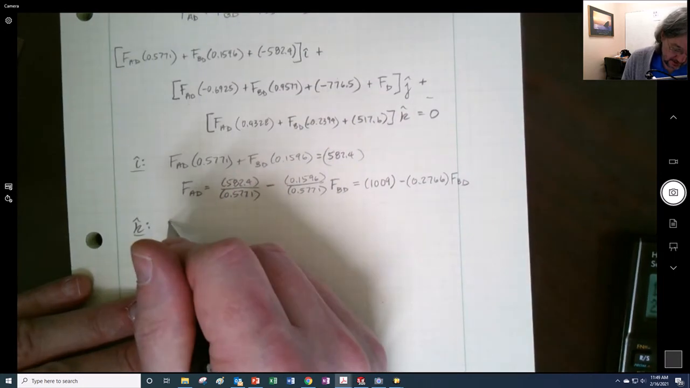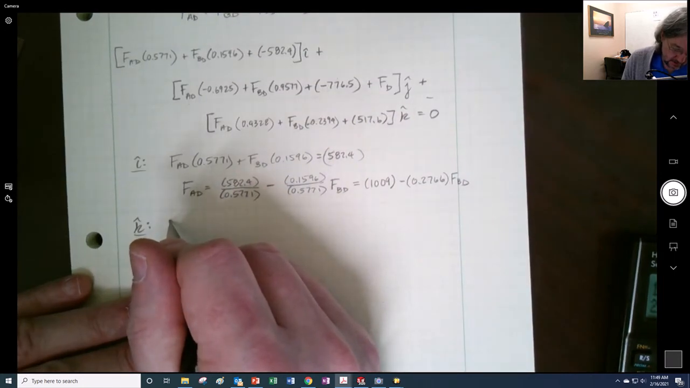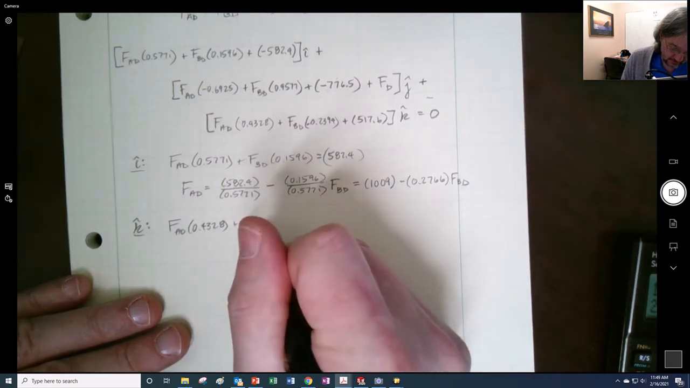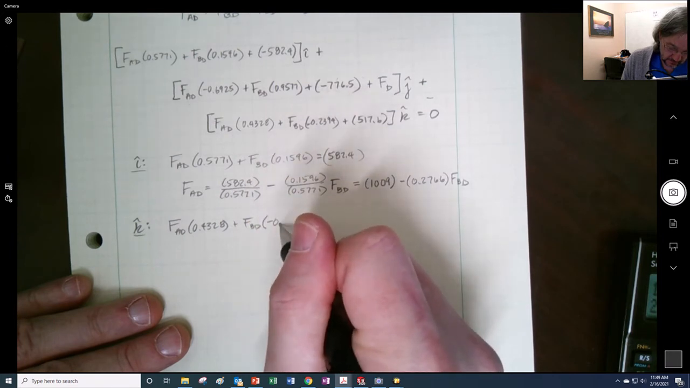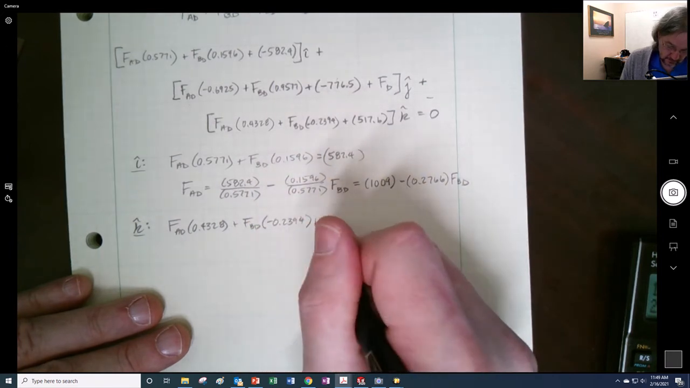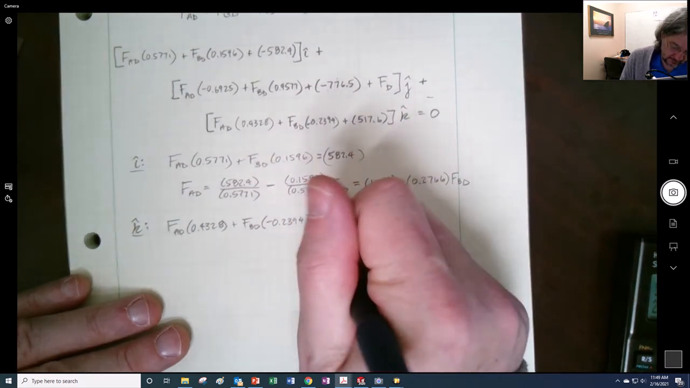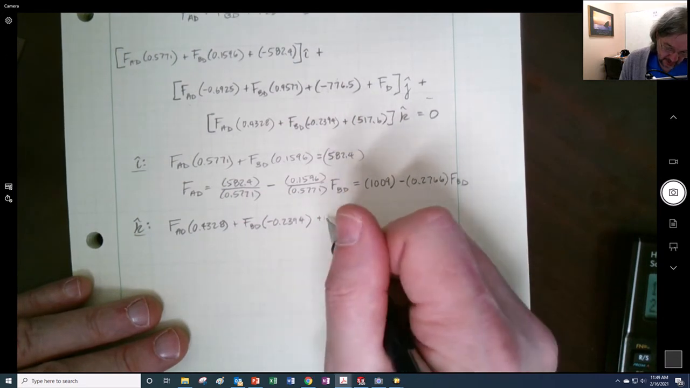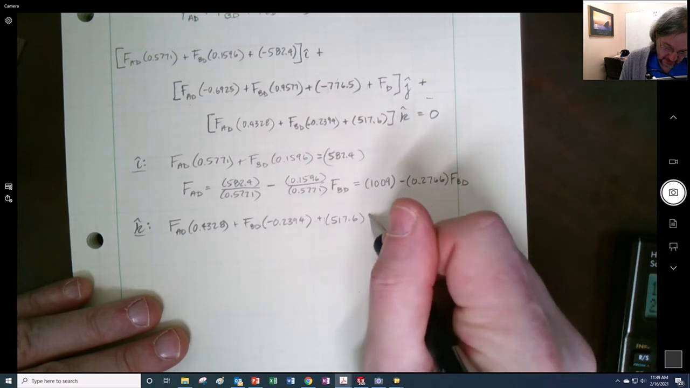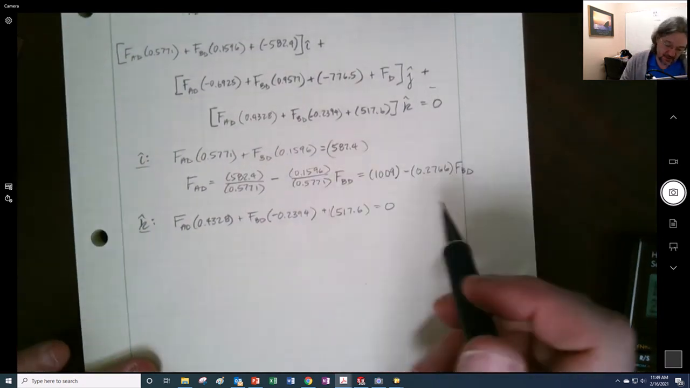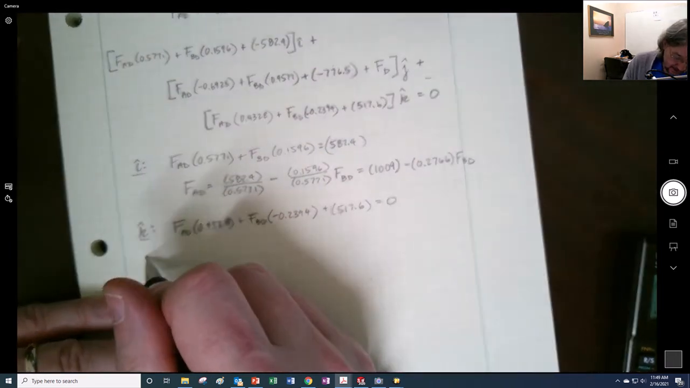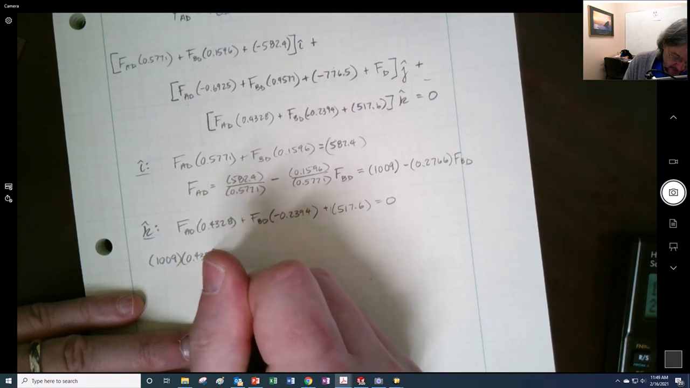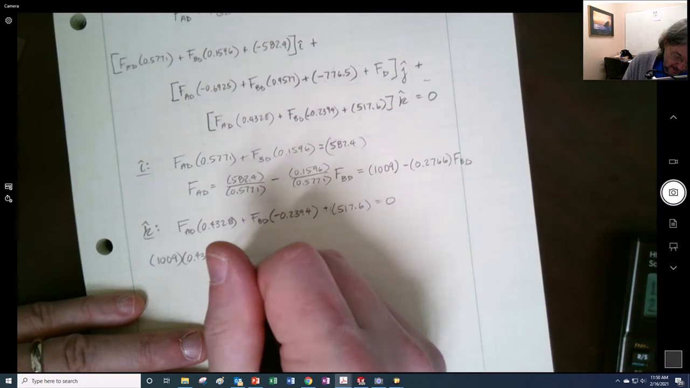And my K, I'll write this out, is FAD. I'm just rewriting it out. This seems like a waste, but it's okay. And I guess I'll add it. 517.6 equals 0. So I substitute this back in here into there. So I'm going to take a 1009 times 0.4328 minus